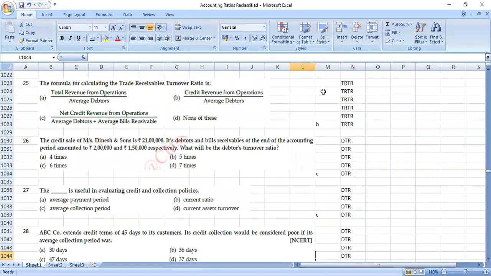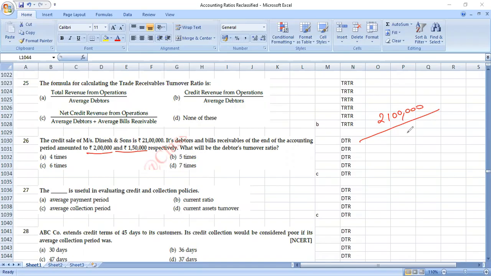The credit sale of Messrs. Dinesh and Sons is 21 lakhs. Its debtors and bills receivable at the end of the accounting period amounted to 2 lakh and 1,50,000. It sounds easy. What mistake will the children make, I'll tell you. They've given two numbers, so what they'll do is they'll add the two, find the average and write